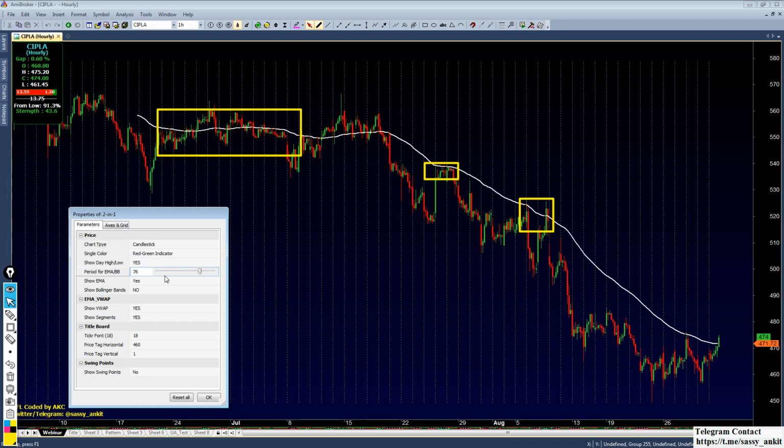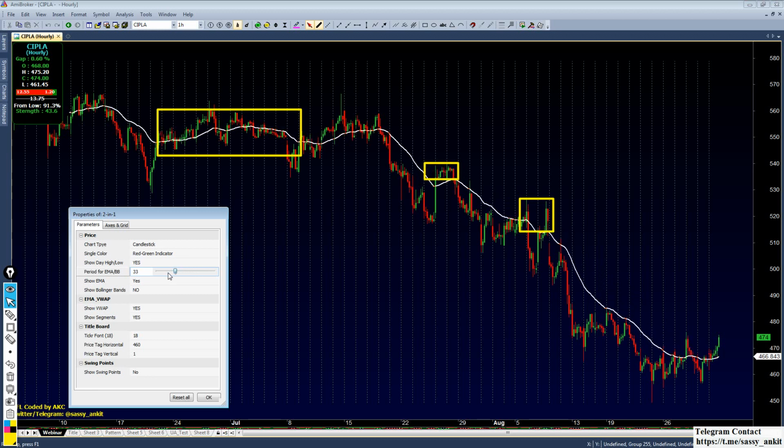Okay, something here. If we take this break and holding support, sorry, resistance, fake out above the resistance, holding nicely. Okay, and if I go on increasing,